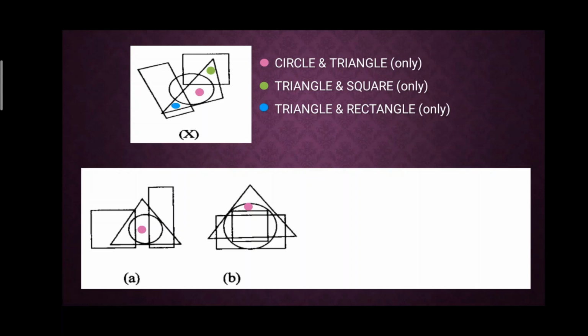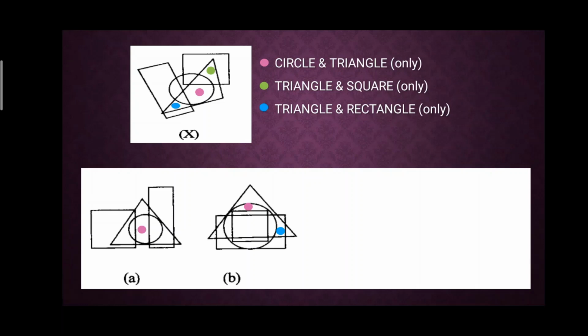Now the next are triangle and square, triangle and rectangle. Let's see where I can find them. In option B, I can find triangle and rectangle, only in this small area, as you can see; very small areas are there where you will be able to find the rectangle and the triangle. But the triangle and square part is not there in option B. As you can see here, the triangle and square area is always enclosed either by the rectangle or the circle. Therefore I'll not be able to find these two figures only. So I'll eliminate option B also.